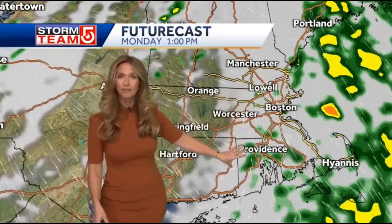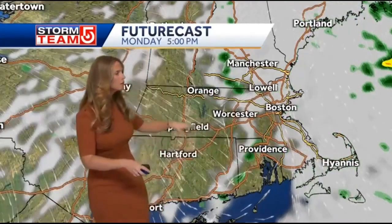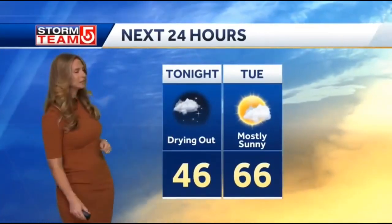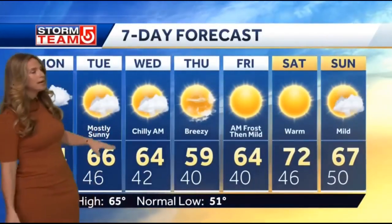You can see showers mainly focused from 495 east. For the evening commute, mainly dry, good amount of clouds. You may run into a drop or two, but the trend here is for us to dry out and more so into the overnight. We dropped down into the 40s overnight. We were in the 50s last night, so it's a little cooler. Mid 60s for your Tuesday, mostly sunny. There may be a few upper 60s, so it's a pretty mild Tuesday, but things get much